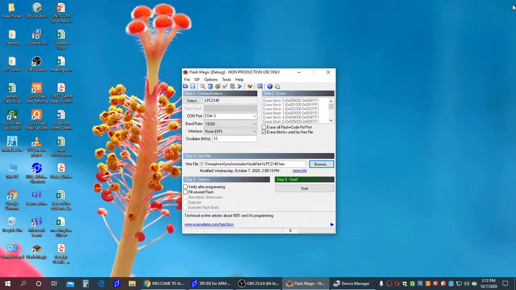Now after resetting the particular hardware from the development board, I will click on the start button from FlashMagic, and once your reset button is successfully pressed, your device will be programmed, and you will see this particular green color progress bar over here.